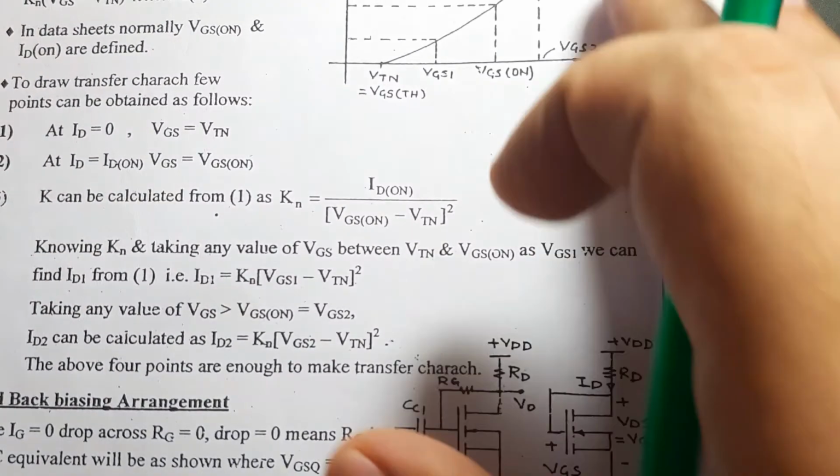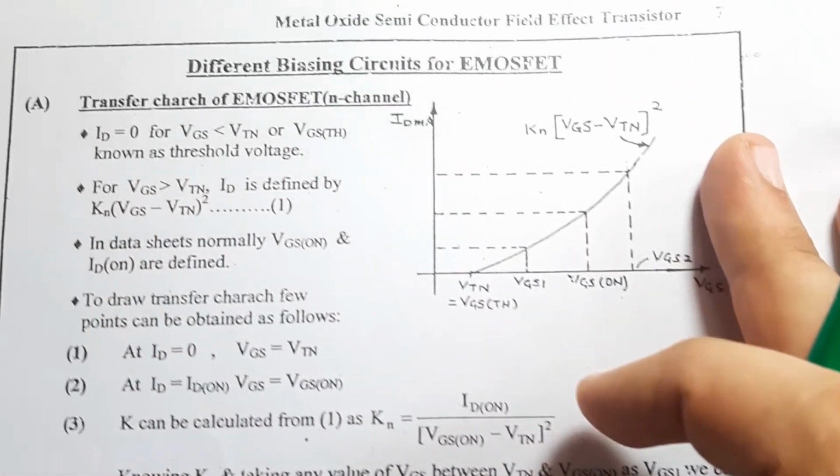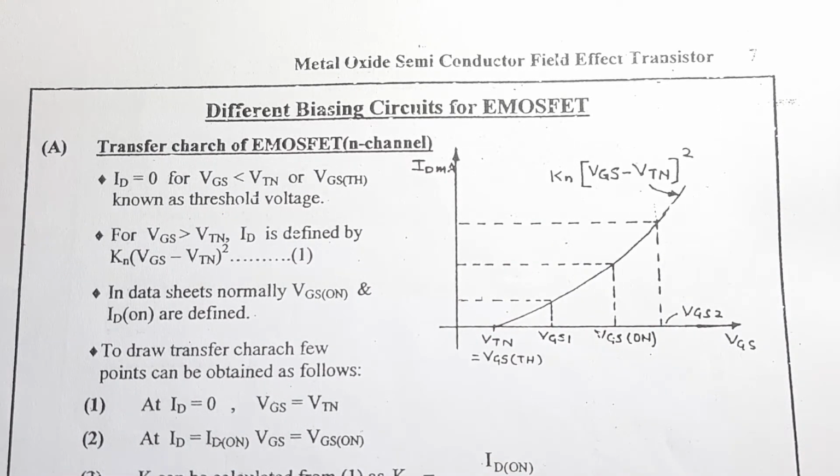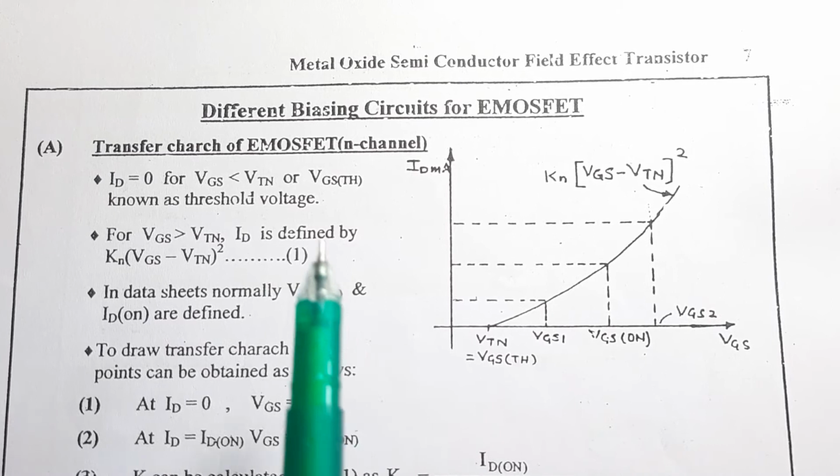So now, proceeding further, we have different biasing circuits as we had for BJT. In BJT we had fixed bias, self bias, self bias with RE bypass. Then we had our mother circuit, that was nothing but potential divider bias. Similarly, we will have some different biasing circuits for the E-MOSFET, so that it can work as an amplifier in the saturation region.